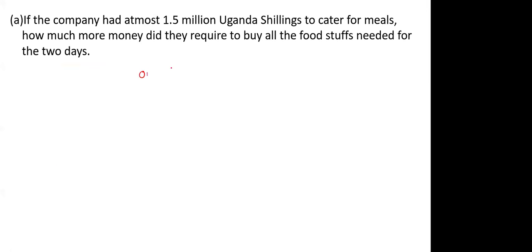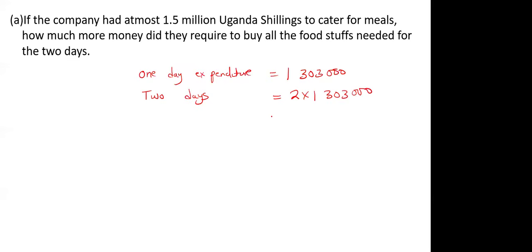So 1 day expenditure is equal to 1 million. This is 1 day expenditure. Now, what about for 2 days? What will be the expenditure? It will be 2 times 1,300,000. So now here you calculate how much is that? This is 2,600,000. Meaning that the company for the 2 days will need